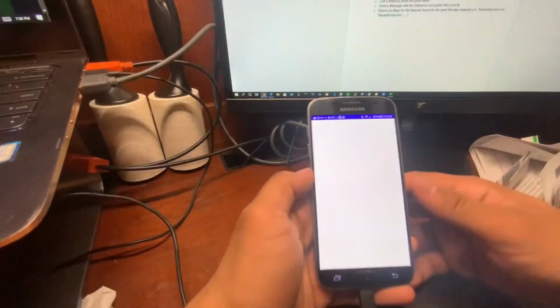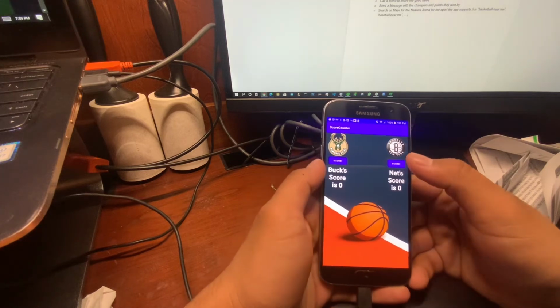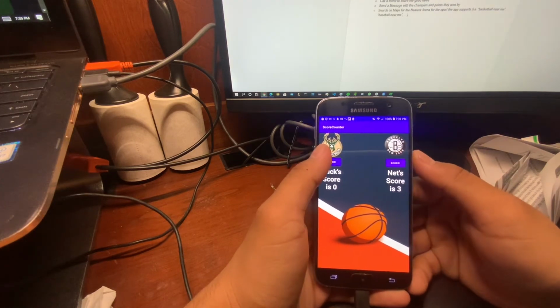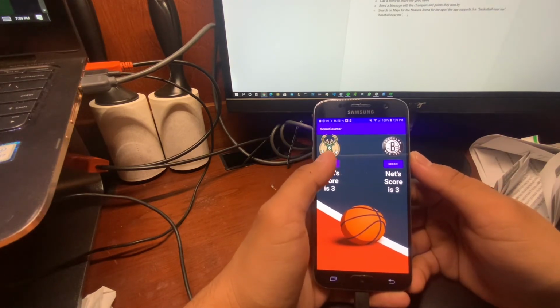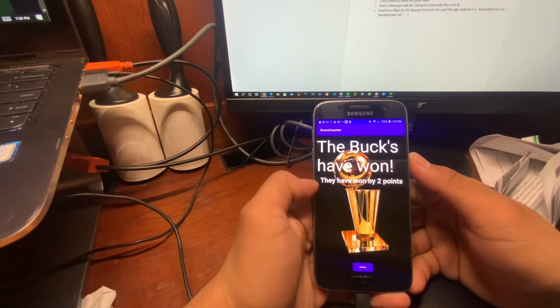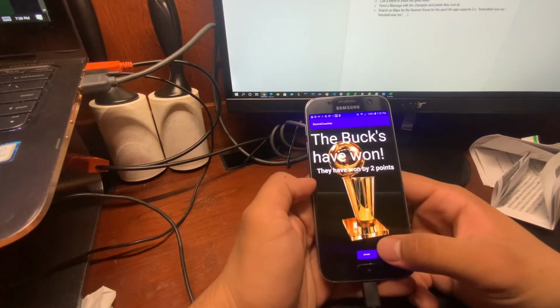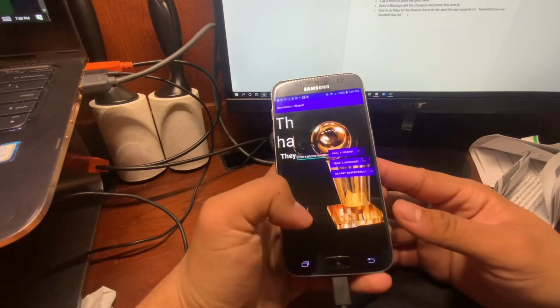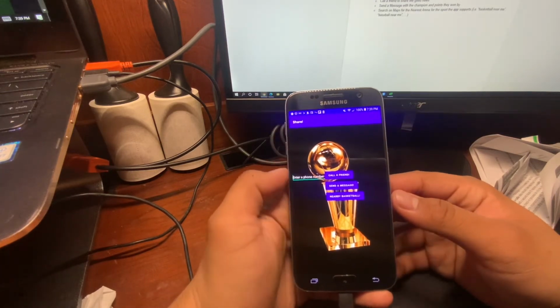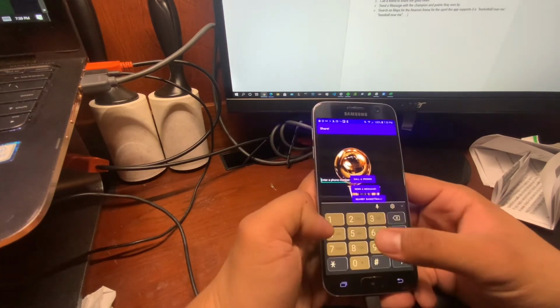So this is the app walkthrough. Set the Nets score equal to 3, and the Bucks are going to win. So we see that they have won by 2 points. So now we're going to hit the share button down here, and we're going to enter in a phone number,